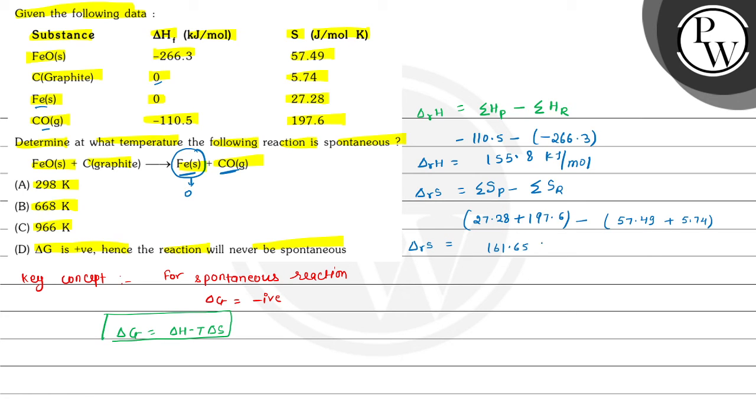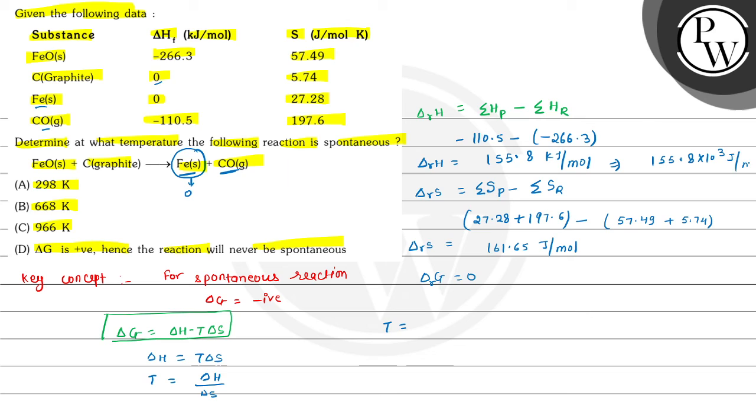161.65 joule per mole per Kelvin. Now if we take the Gibbs free energy change for a reaction equal to 0, then we can write that del H is equal to T del S. So from here temperature comes out to be del H divided by del S. Now we have the value, so we can write temperature is equal to the value of del H, which is given in kilojoule per mole. So we can write here it is equal to 155.8 multiplied by 10 raised to power